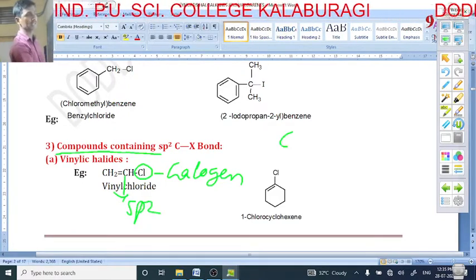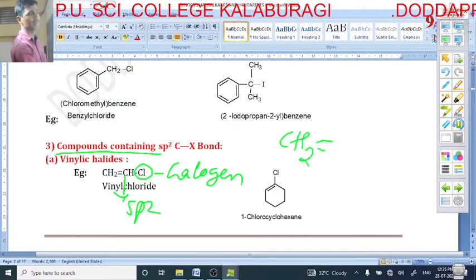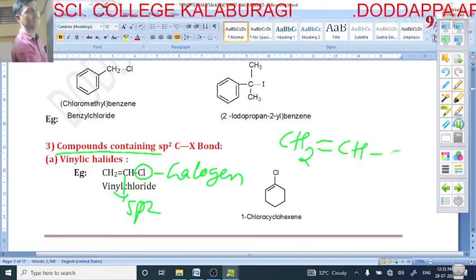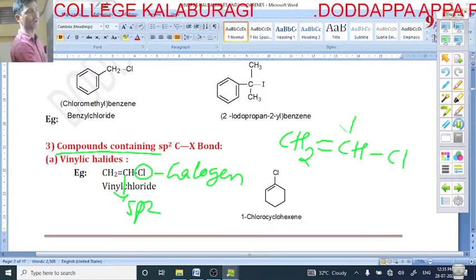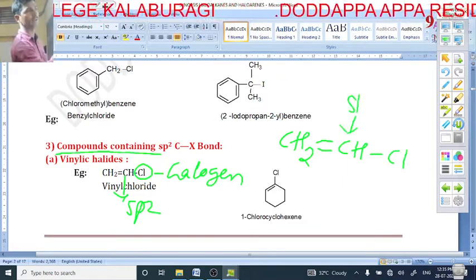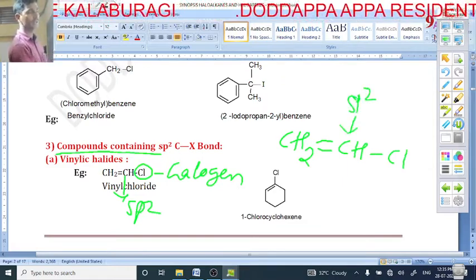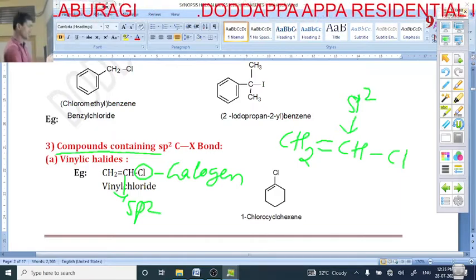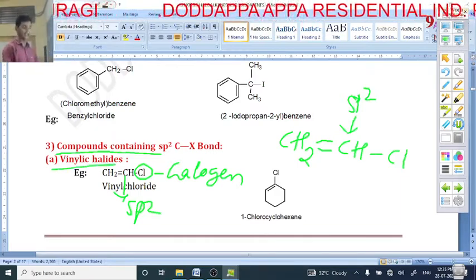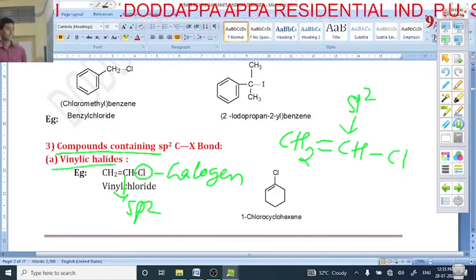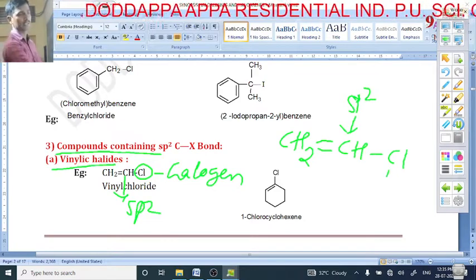Here, this is the double bond, and this is Cl, and the Cl is attached to what? An sp2 carbon. So it is called what? Vinylic halide. What type of halides are called vinylic halide? Where the halogen, Cl, is attached to